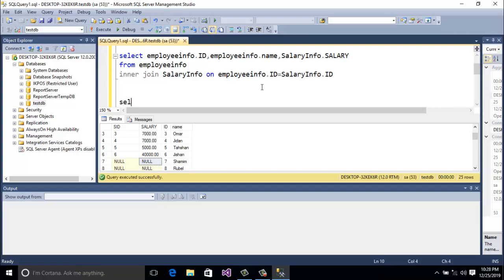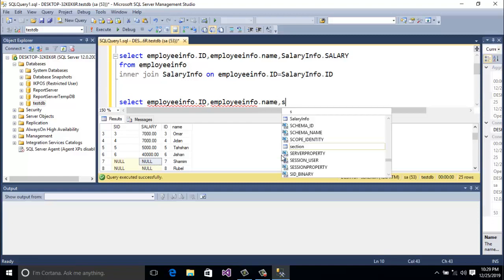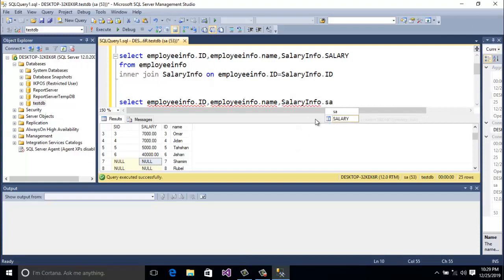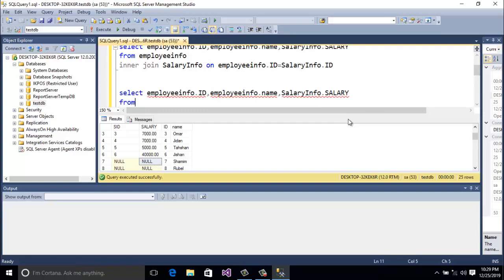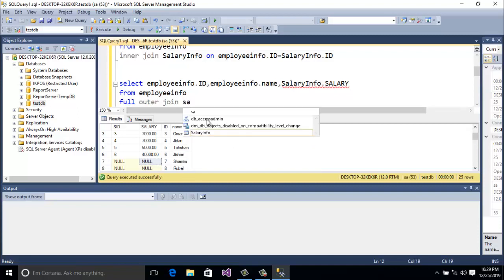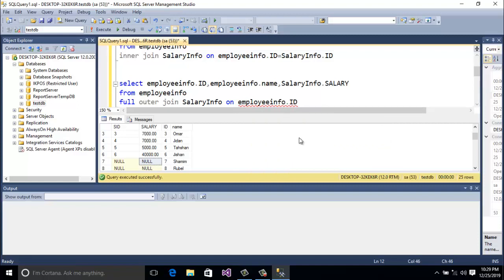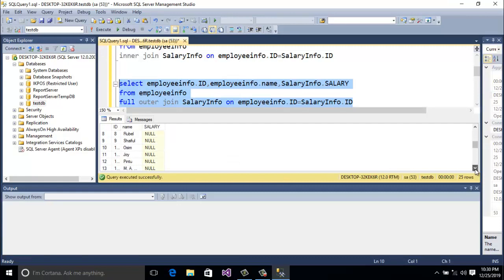So let's start: select employee id. Here I'm going to take employee info as the left table and salary info as the right table. So employee info dot name and then salary info dot salary from employee info and then full outer join, then the right table salary info, and then on employee info dot id is equal to salary info dot id. So let's run the full outer join, and here you see all the data